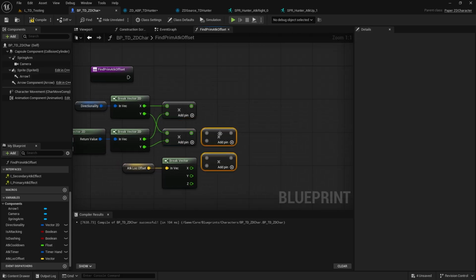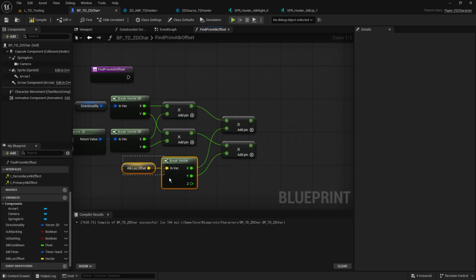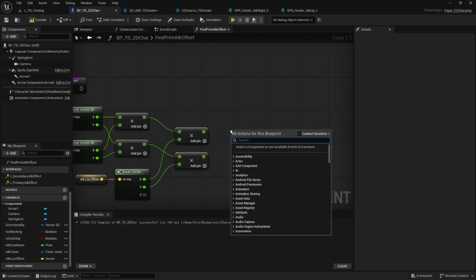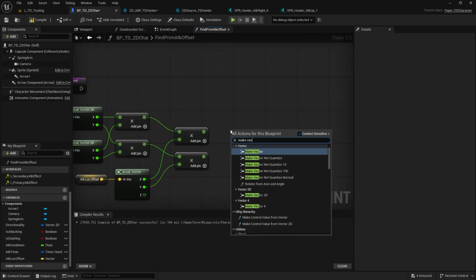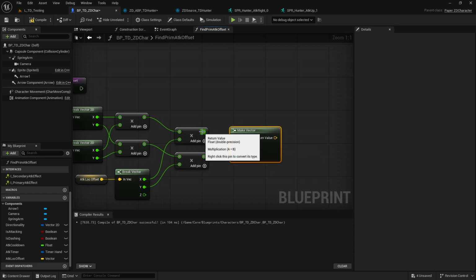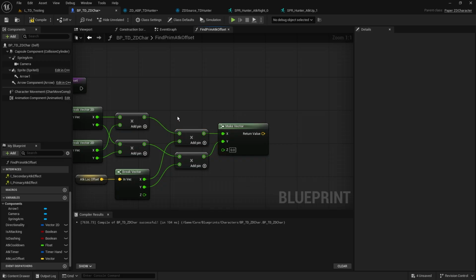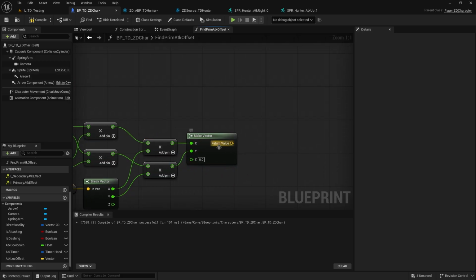So let's add in 2 more multipliers. I'm just going to take those ones we've already got. So I'm going to take this X value and multiply it by this X value. I'm going to take this Y value and multiply it by that Y value. And this is why we could just make this another vector 2D, because we don't really need the Z. And we're going to combine these all back together. So we'll make a vector. And again, this could just be a vector 2D because we only need the X and Y. I'm just going to combine those things together to say, okay, this is what's going to happen. We're going to take this modified and multiplied X value, and then we're going to take this